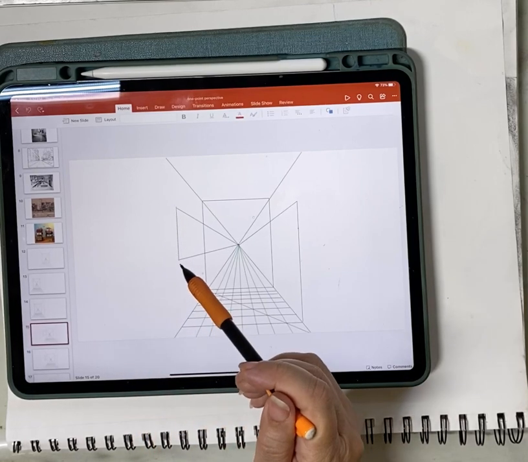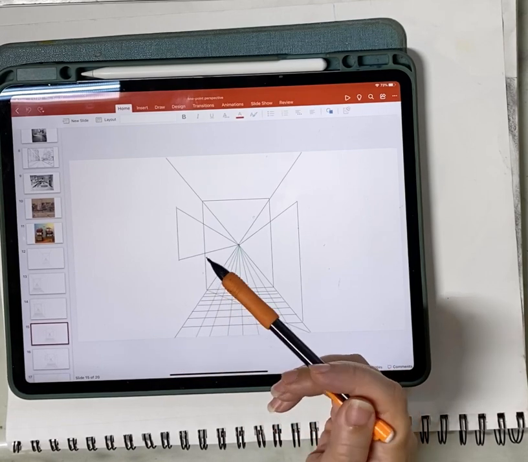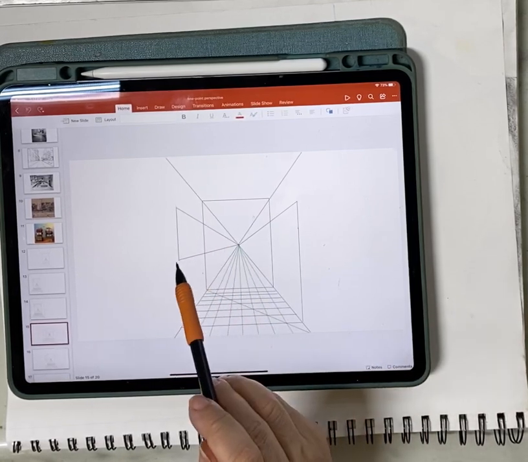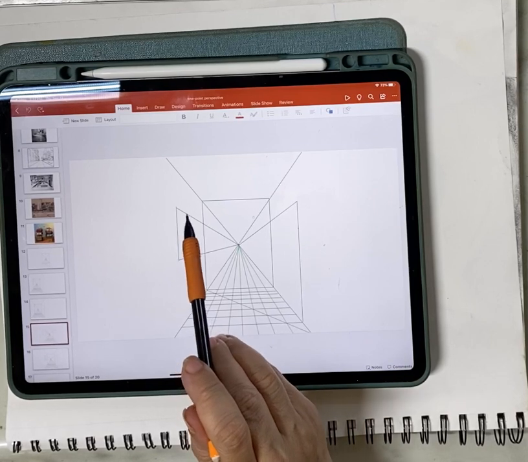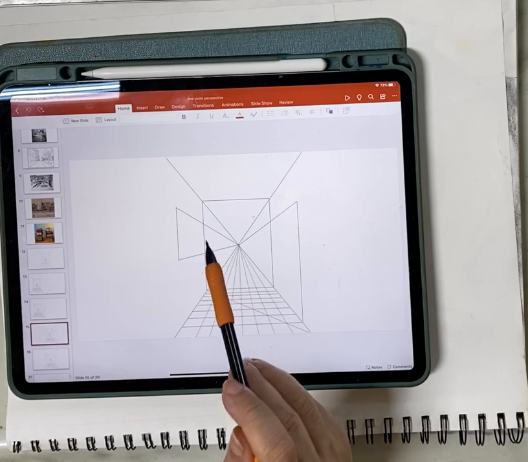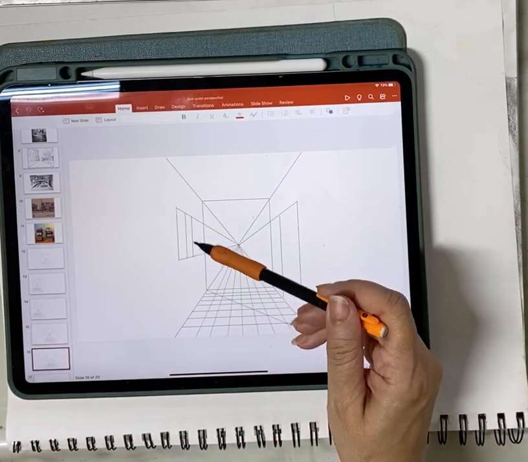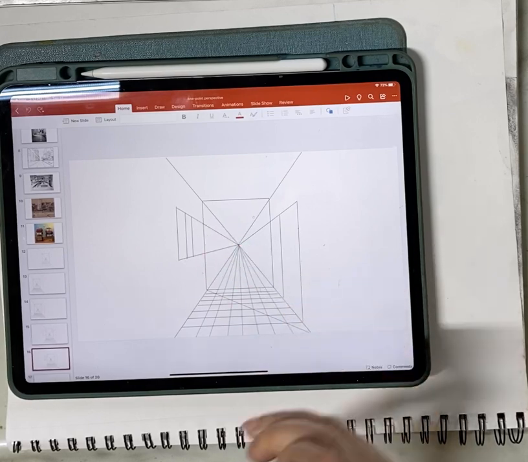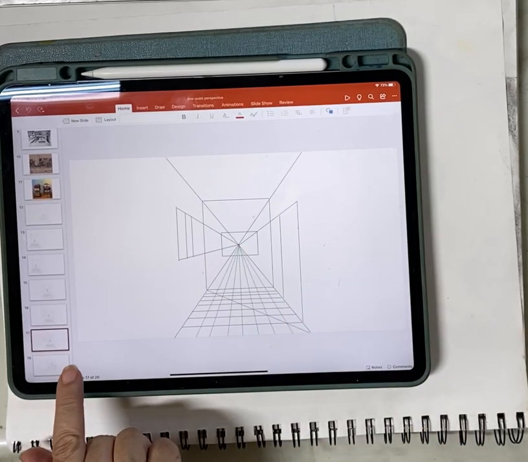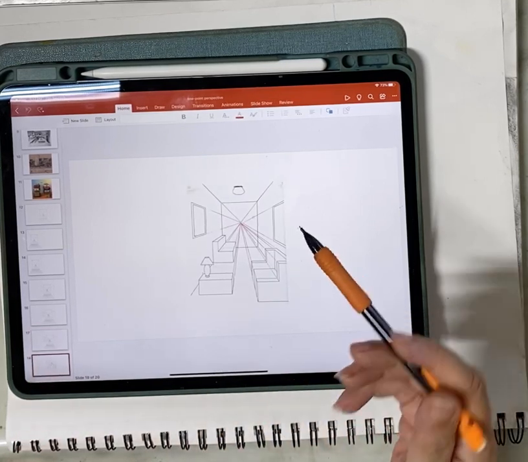You just have to guess the length of this window, and connect it from the top and bottom part of the line to your vanishing point. And after that, the next step is adding the other part of the windows. Then we are adding the other things like